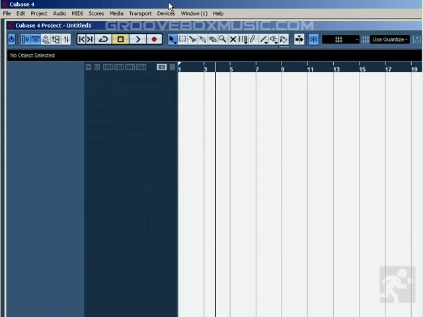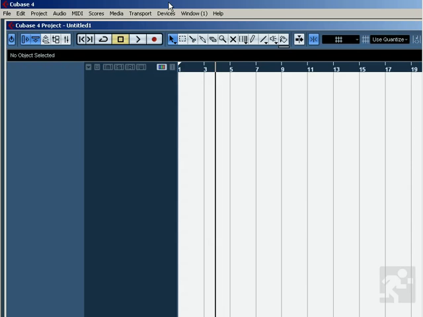Okay, in this tutorial I'm going to talk a bit about plugin management. If you're like me and over the years you've accumulated quite a bit of plugins that you may not necessarily use anymore because some of the algorithms might seem out of date. The problem is my plugin list can get kind of cluttered with a billion plugins, and when I'm going to open an effect, it's sometimes troublesome to look at all this huge menu,